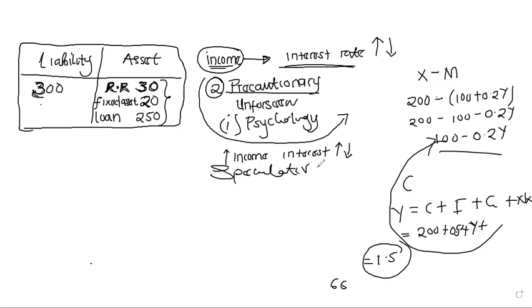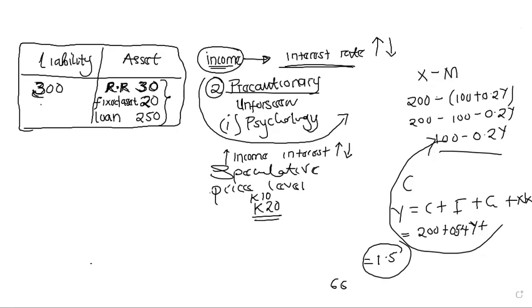Then the other one which you'd love, if you just want to earn more marks, is the price level, right? So if prices are high in the economy, people would love to hold more money because, for example, if you're buying bread at 10 kwacha, and they tell you that bread has increased to 20 kwacha, that means to buy the same bread that was worth 10 kwacha, you now need more money, isn't it? So you're going to demand more money. So if price levels are high, people need more money to buy goods and services, right?